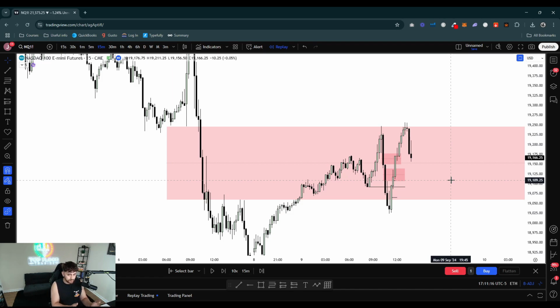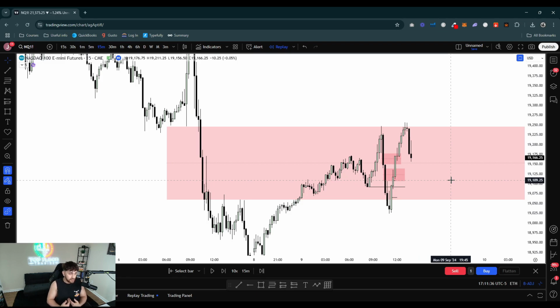We have a 4-hour fair value gap that just formed after sweeping that low. But I'm showing you guys how I do it if I'm looking at fair value gaps and trading fair value gaps this way, right? If I'm expecting a bearish fair value gap that just swept the low or broke a low to hold and continue that bearish trend, I'm zooming into the lower time frames to get that confirmation, because as a day trader,